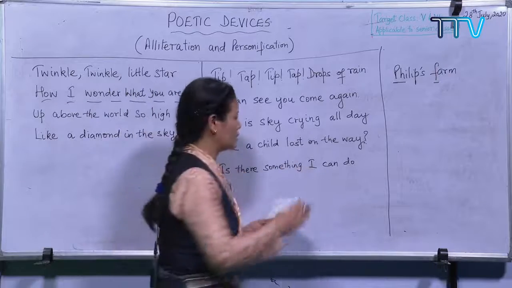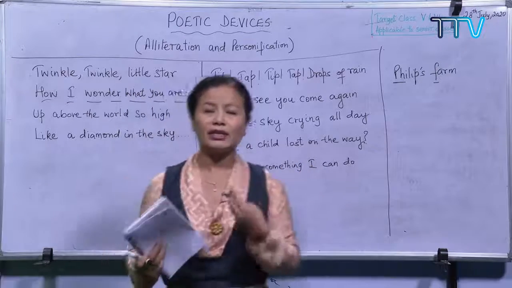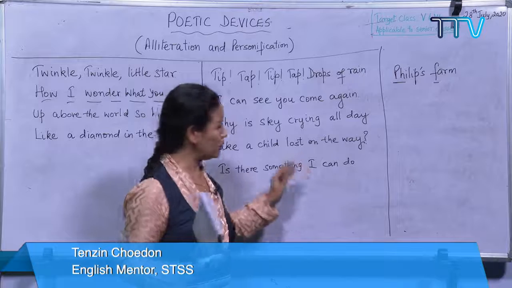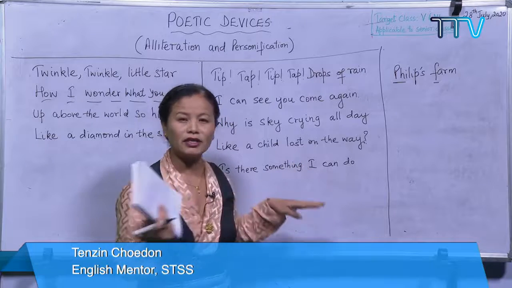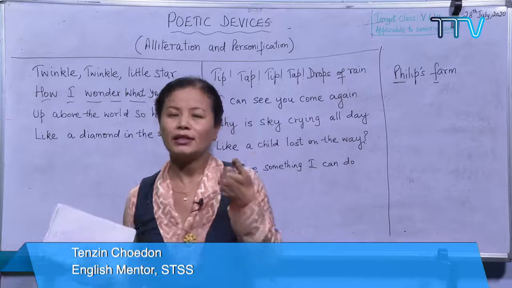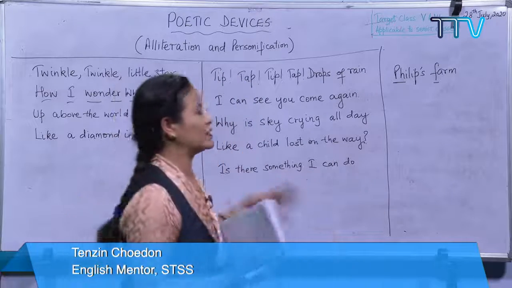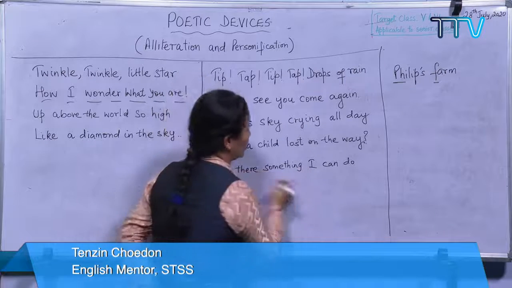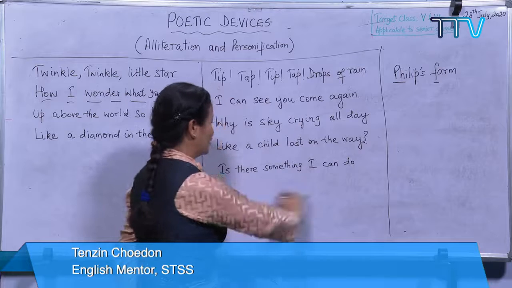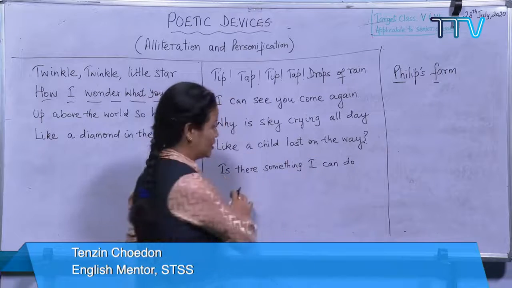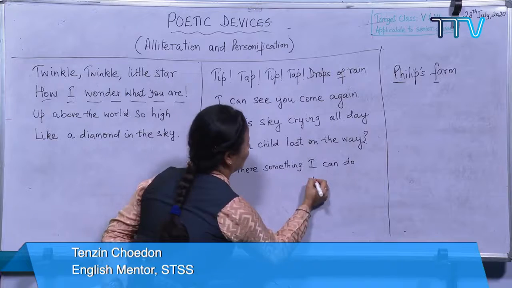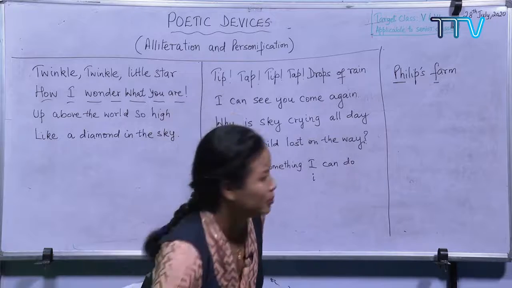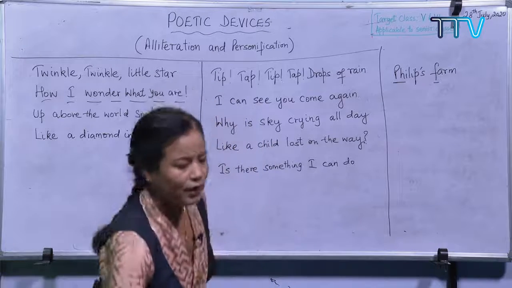Whenever you write this letter I, and when this I represents you, okay, denotes you, you have to write it in capital, okay, even when it is in between the sentences. Otherwise, we tell you that you cannot capitalize a letter unless it's in the beginning of a sentence or if it's a proper noun or specific things, right? But sometimes I see students writing, because they are following the rule that you cannot capitalize a letter when it is written in between a sentence, right? So, they write like this. So, this is wrong, okay? You have to capitalize I, okay? Please do remember this. Is there something I can do